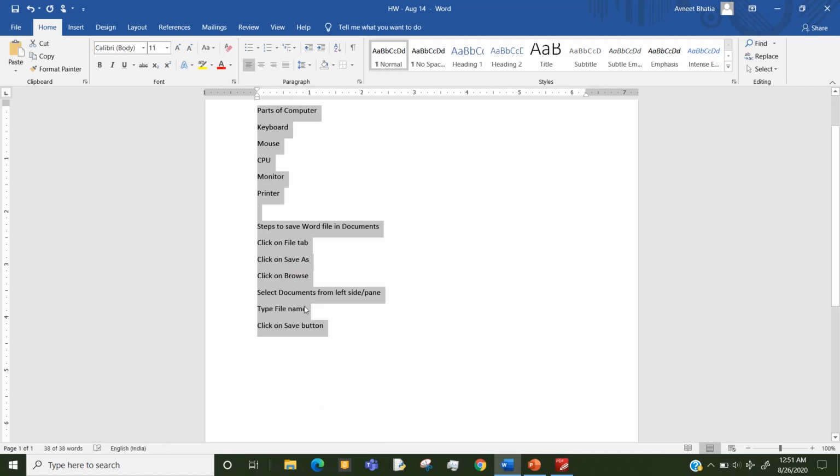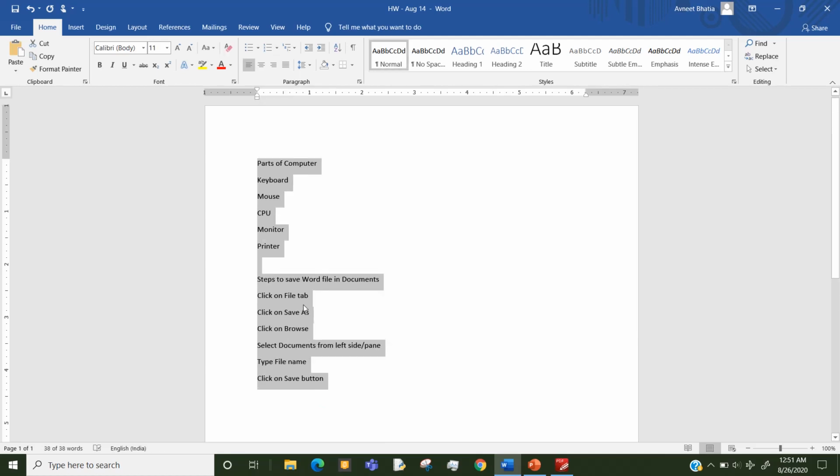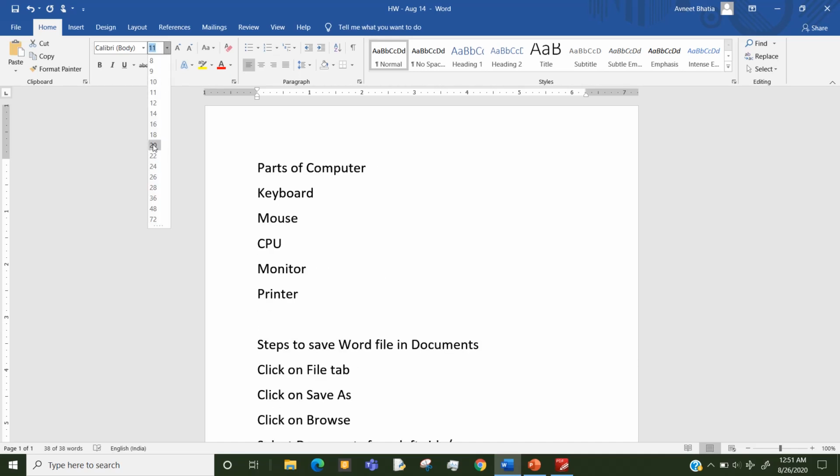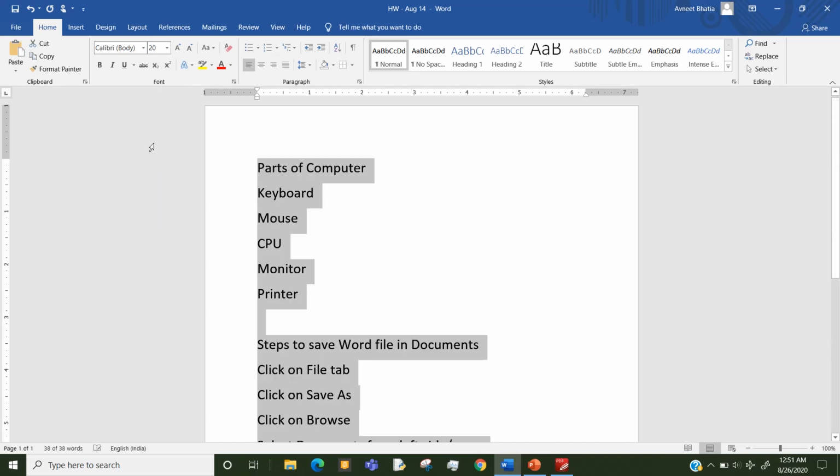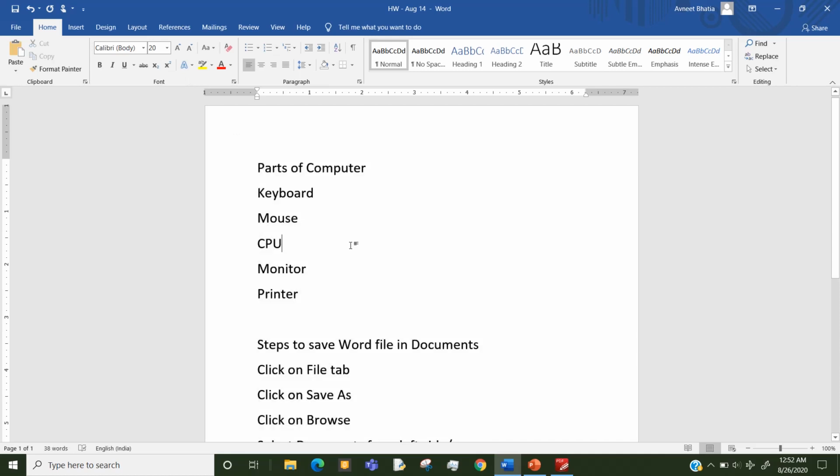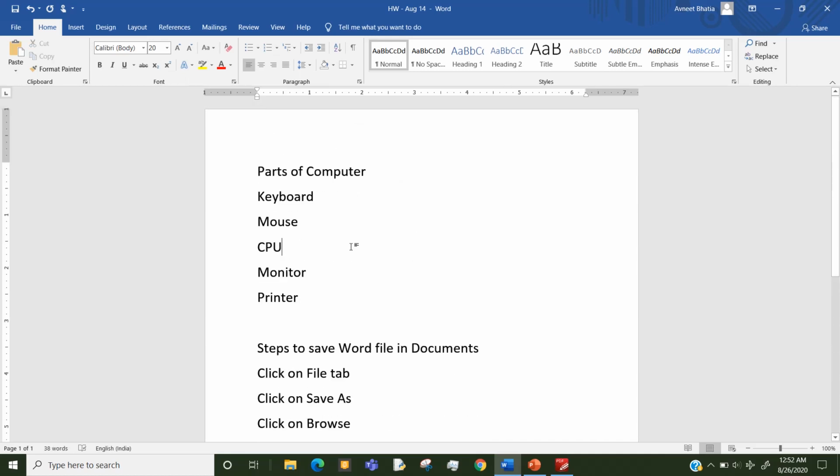All the formatting is removed in just a single click and the text is in the normal default setting, which is Calibri font, font size 11 and font color black. Now if you want, you can change the size to make it readable, and because this text was already selected, you can just click and increase the font size and you have got your text back without any formatting.